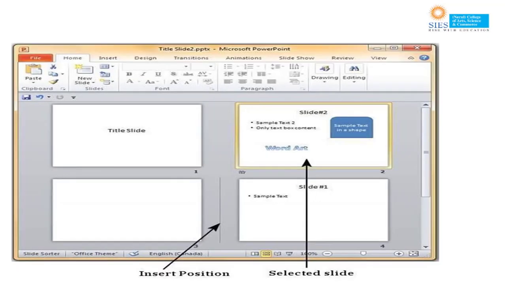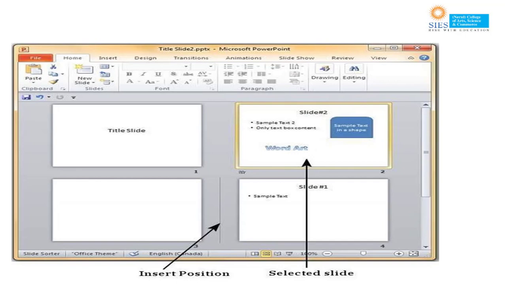And this is the slide sorter view. If you want to see all 4 or 6 or 8 slides at a time, select the slide to be moved, then left click on the slide and drag it to the position in the sequence where you want to place it, and it will show you the inserted position with a line in between. See, this is the line in between.